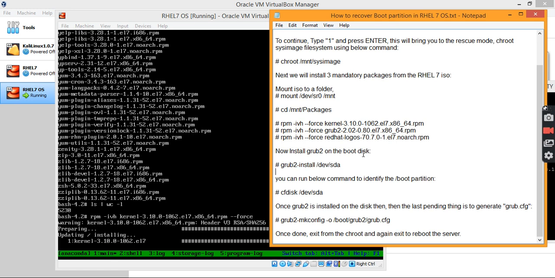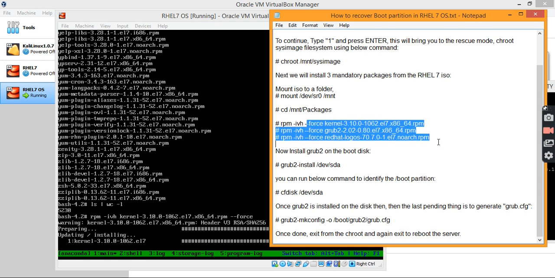To identify the boot disk, boot partition, we can run this command, and once we're done with all these steps, at the very last we have to generate the grub.cfg file, through this command. So this is the entire process to troubleshoot this issue related with the boot partition, boot folder.